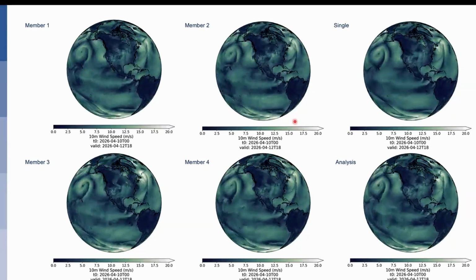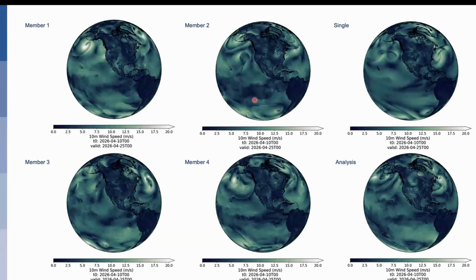And if you compare to the analysis, these members also look much more similar in terms of variability to the analysis. And what you can also see if you look closely is that all the members look initially similar and then diverge over time. And this is easier to see when we stop the animation here. So member 1, 2, 3, 4, all of them look a bit different, have a bit different weather systems at different places. Here, after 50 days, lots of the predictability is already lost. And you can again compare against the AIFS single, which is much smoother, and the analysis, which looks very close to one of the members. So we can see that this CRPS-based approach really works here.